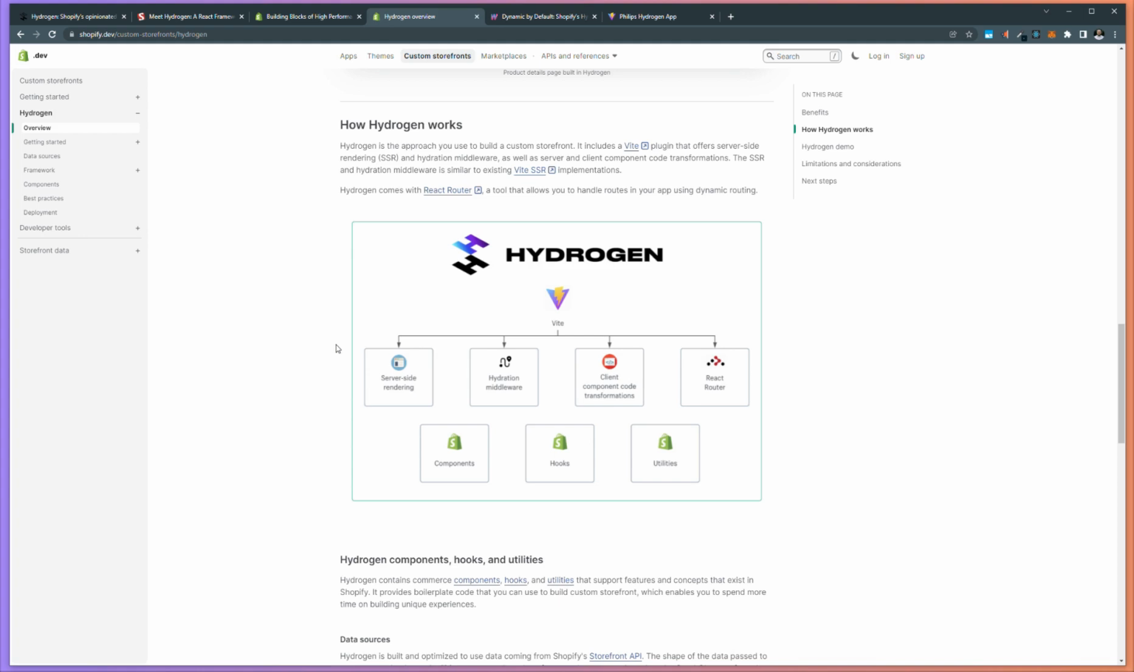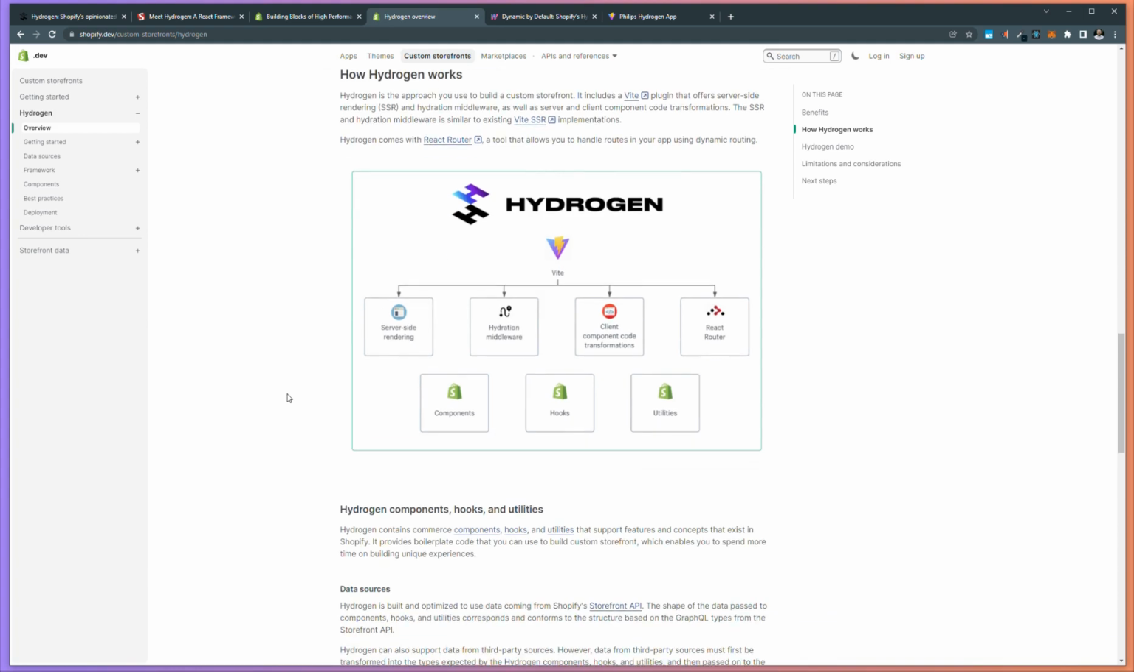And when we look at the architecture, Hydrogen is basically built on top of React 18. So it comes with all the cool React 18 features like streaming server-side rendering, progressive hydration, server components, data fetching on servers, the suspense component, and they also have React Router, which is different from Next.js, which uses more of